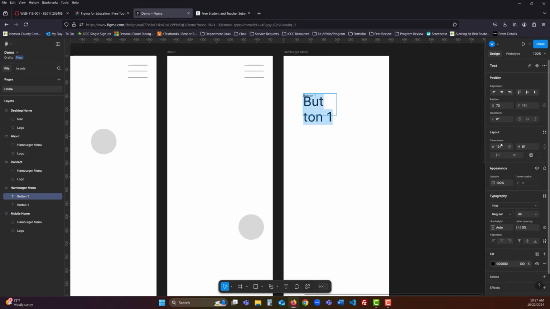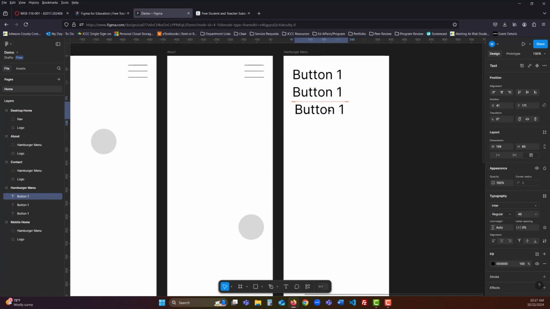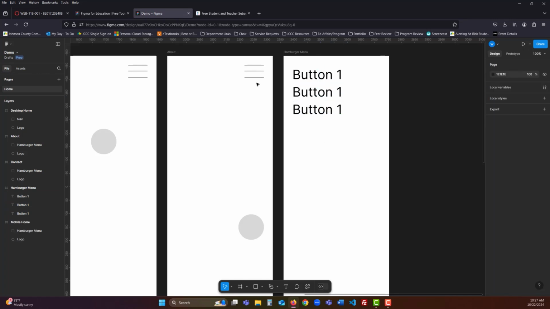And if you're working with text, you have a bunch of other options that will show up. Like here, there's going to be typography, so you can choose the font and the sizes. I wouldn't worry about the font and the colors just yet, but you can go ahead and think about the size and what would make the most sense. Okay, so we could have first one, second one,